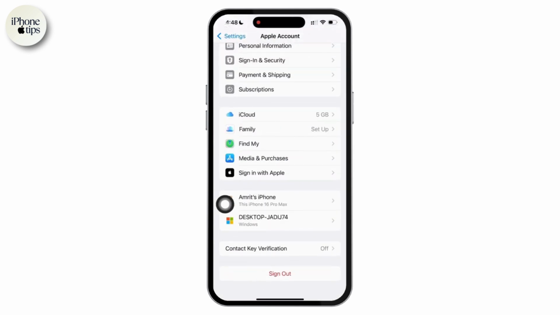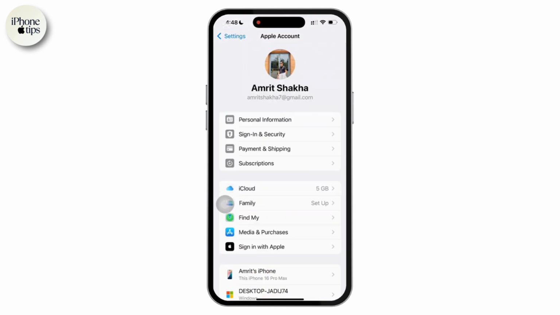And after signing out, you can simply force restart your iPhone by pressing and releasing the volume up button, and finally hold the power button until the Apple logo appears. And once your device restarts, you can sign back in your Apple ID and go back to the payment and